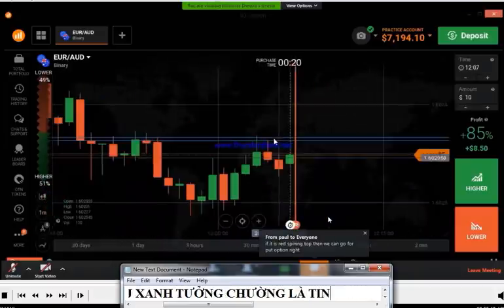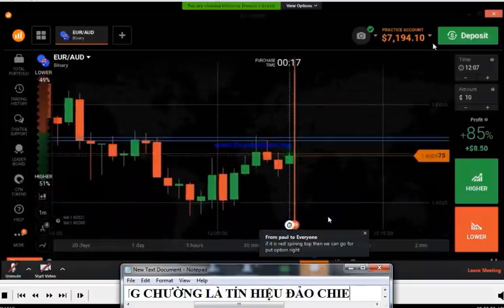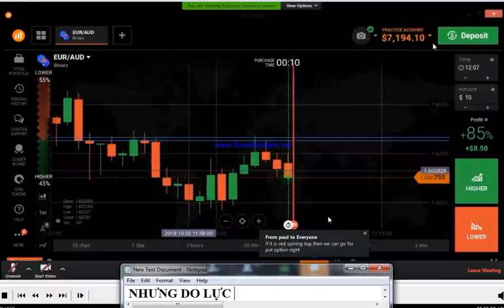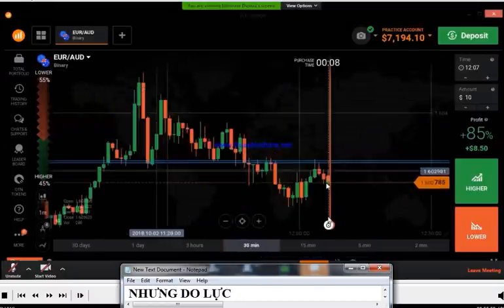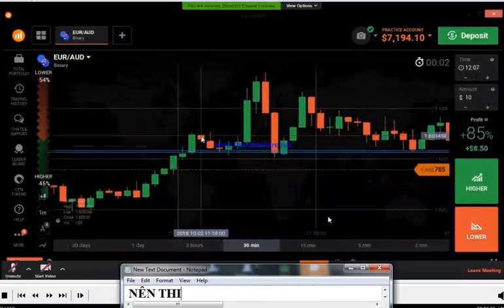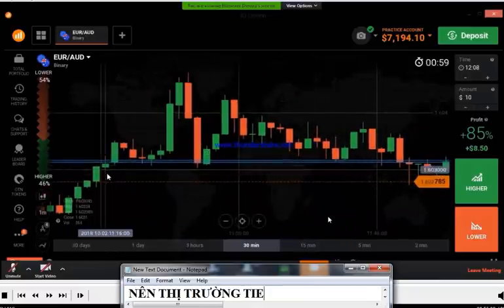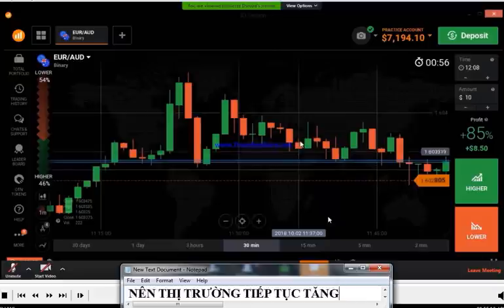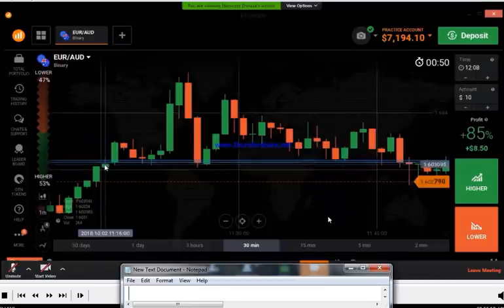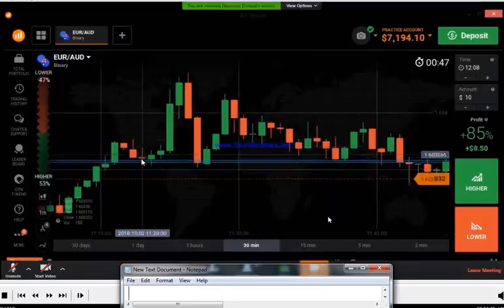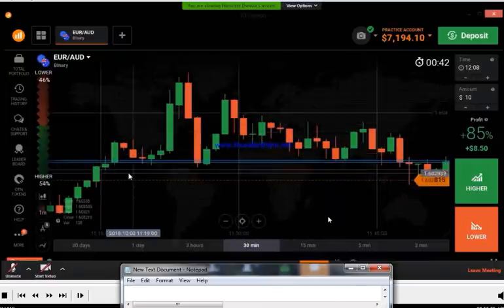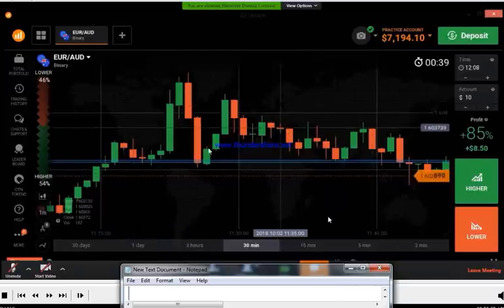So you can see here for the first touch it reversed, but if it is a red spinning top, then we can go for a put option. Yes, we can trade. If this spinning top would be a red spinning top like this, you can trade. But if it would be a red spinning top like this or like this, you can't trade with a lower option again, because this is a very weak spinning top.